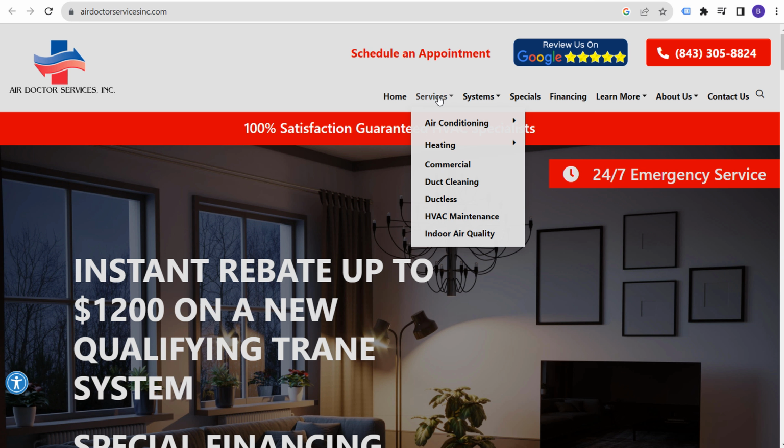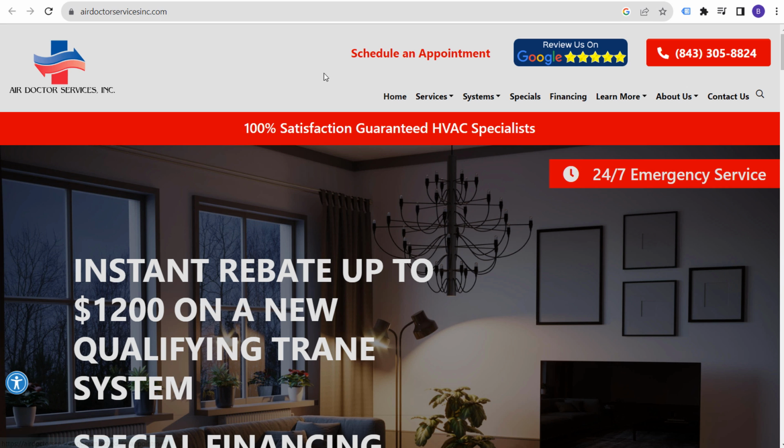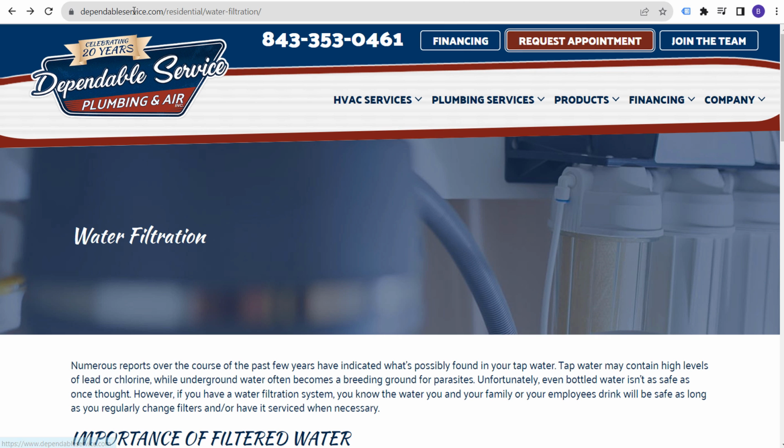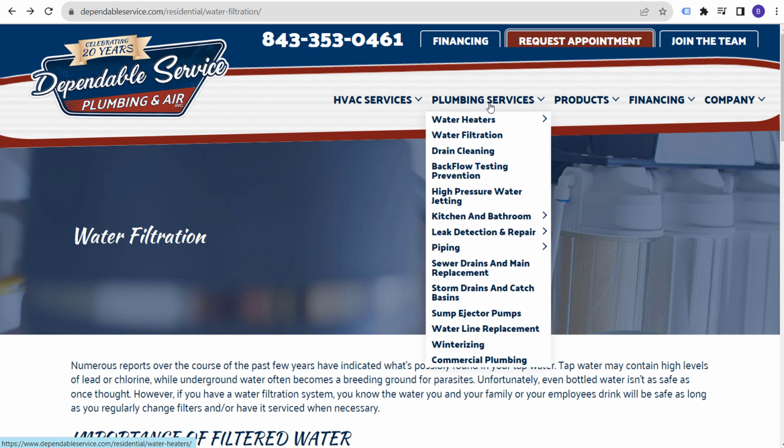So they actually don't offer a ton of services here. So air conditioning, AC repair, AC installation, heating, furnace repair, heating installation, commercial work, duct cleaning, ductless work, HVAC maintenance, and indoor air quality. Now, there are other companies where you would have a much larger service catalog. So I just pulled up a competitor,